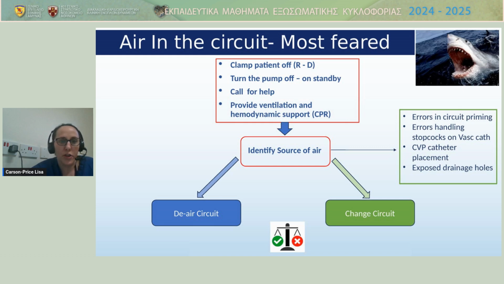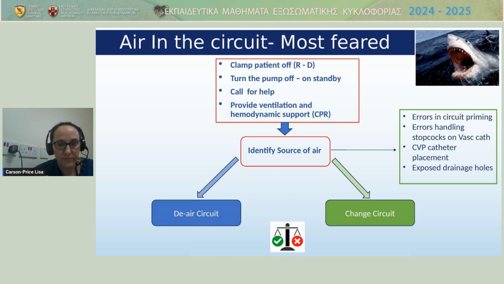So then we come to the other rare event, but the one that causes the most fear in ECMO practitioners. I call it the jaws of the ECMO world. So if air manifests itself in a circuit, the first thing to do is obviously isolate it from the patient, and then you have to identify the source of air. The source of air can be errors in priming, errors in turning stopcocks the wrong way, particularly if you've got negative pressure on the access. It can be a CV catheter placement that's managed to entrain air into your circuit,